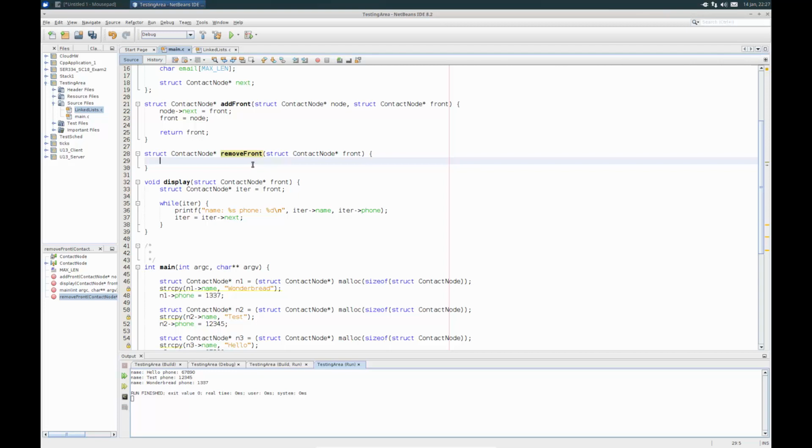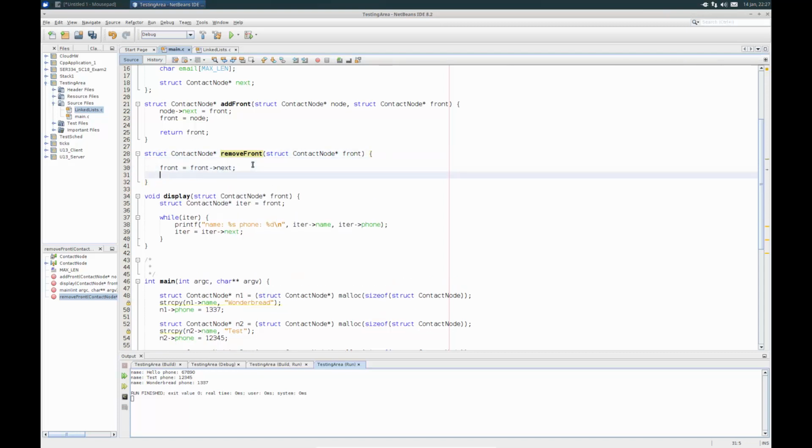Now, one step that you might think about doing is typing front equals front next. This is the correct code for getting rid of a node, basically forgetting about it at the front, but it's not really what we want. There's two problems with it. First of all, it assumes our list is not empty, and second, we won't be able to deallocate the memory for the node in front. So how do I fix those two problems?